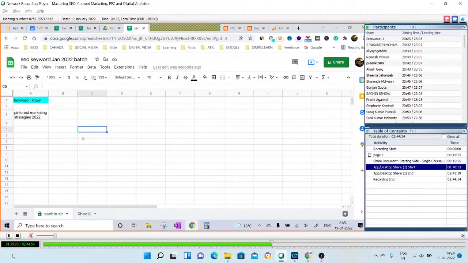We're going to do this sheet in segments. The very first segment is to find the sources from where we can get a lot of keyword ideas, and then the next part is where we can get a lot of numbers.